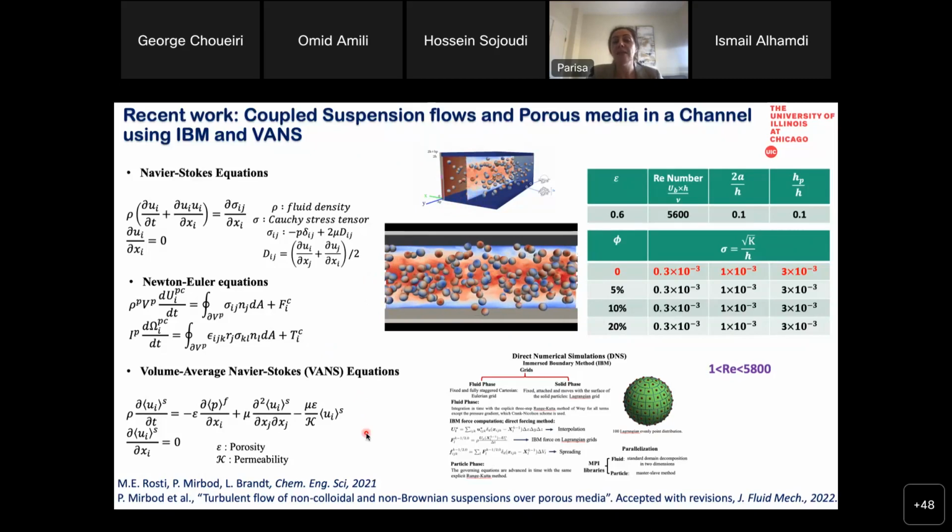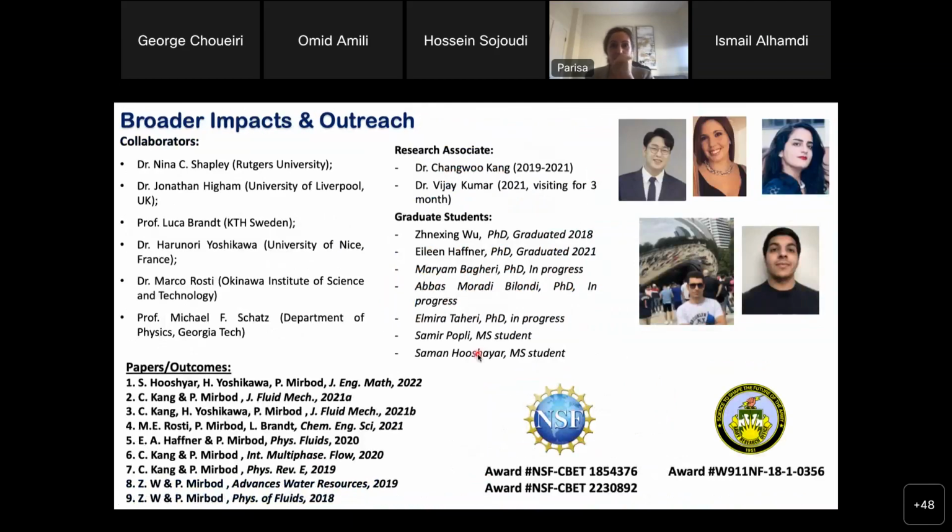And interestingly, we found that even when the particles are not moving inside, either for very low Reynolds number or for a very high Reynolds number, which is kind of a turbulent flowing suspension, we still could see banding occurring inside the flow. So meaning that the porous media actually does some interesting analysis and changes all of those. So with that, I would like to conclude my work here.